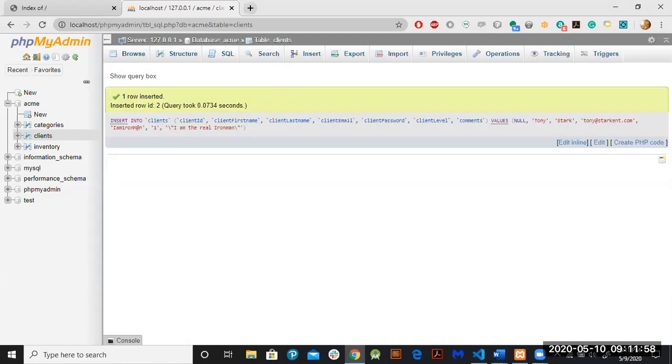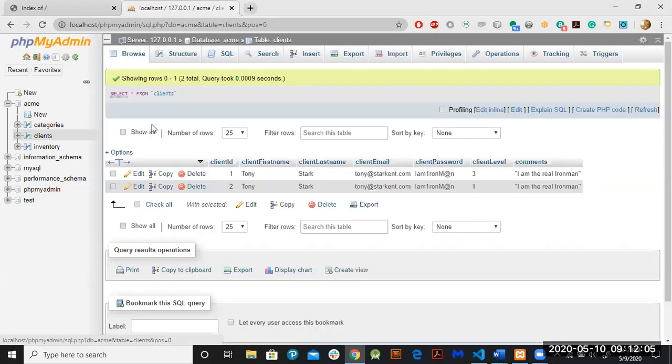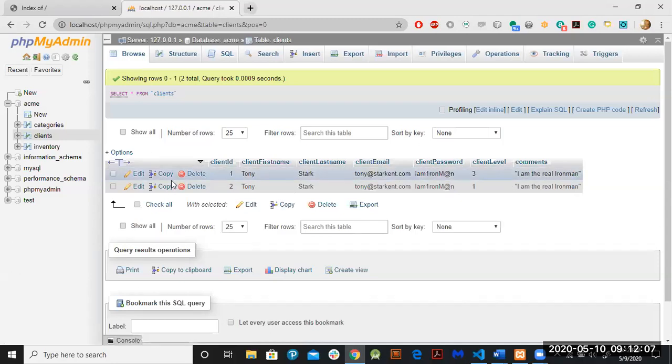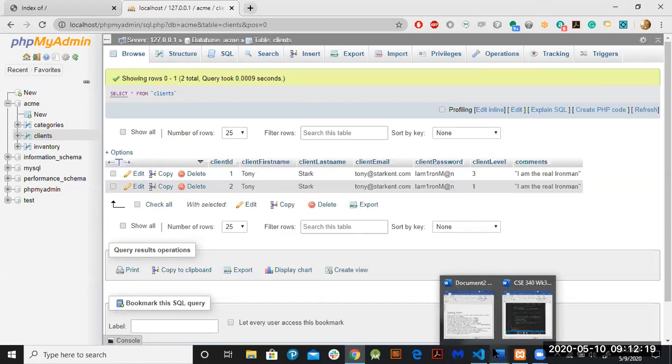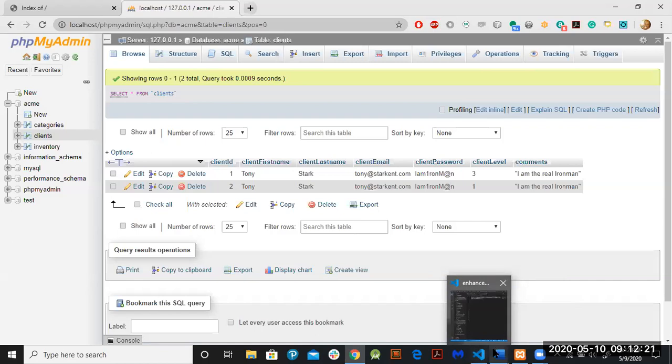And this is what was put into the table. And if you want to check that, go to browse. So it's just reproduced again. So here's the one with the 1 that was put into there. That's the first one. The second one was